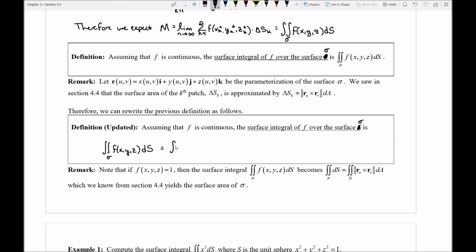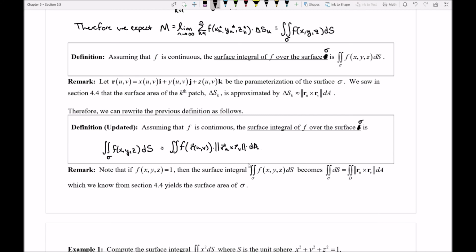Again, what I can do is change out my f function, and essentially I'll have to put f in terms of my u's and v's that come out of my r function, and then I'll replace this ds with the magnitude of the cross product,